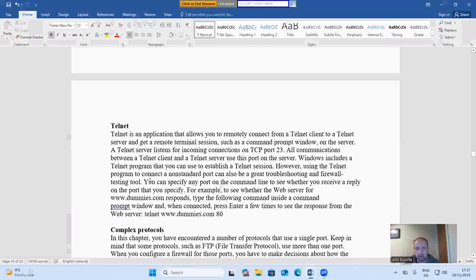Windows includes a Telnet program that you can use to establish a Telnet session. However, using the Telnet program to connect to a non-standard port can also be a great troubleshooting and firewall testing tool. You can specify any port on the command line to see whether you receive a reply on the port that you specify. For example, to see whether the web server for www.dummies.com responds, type the following command inside a prompt window, and when connected, press enter a few times to see the response from the web server: telnet